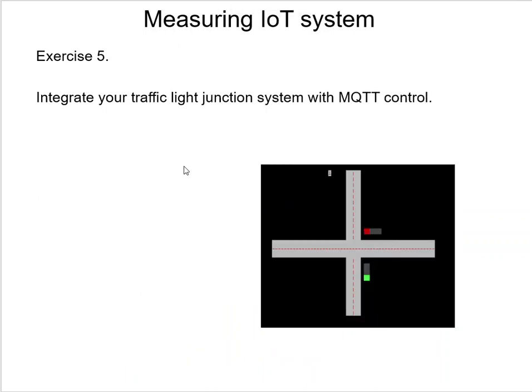And finally, you can put the whole junction working, and you can control this junction by these MQTT messages. And of course, when the other direction is green, the other direction is supposed to be red, and so on. So remember to keep the real functionality of the lights. Okay, but that's for that,